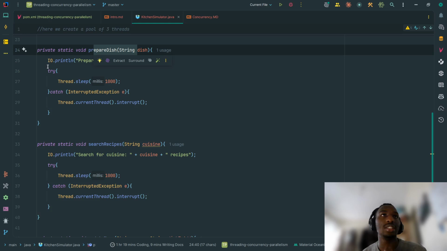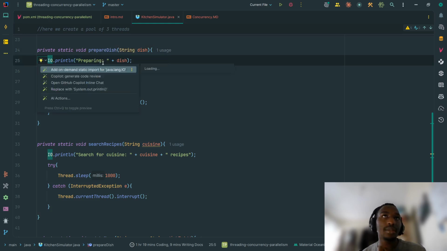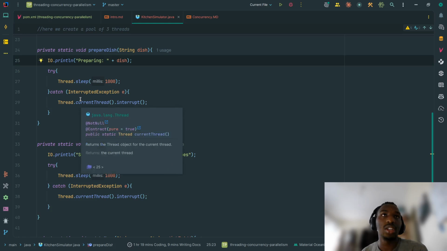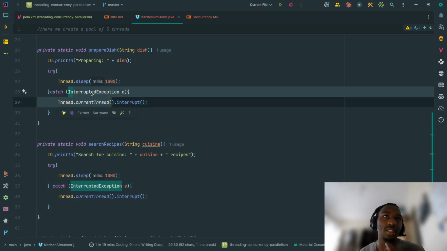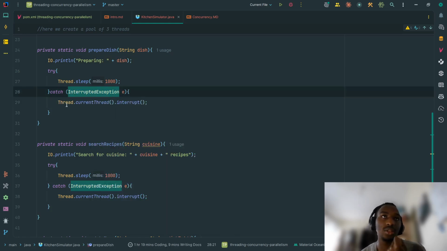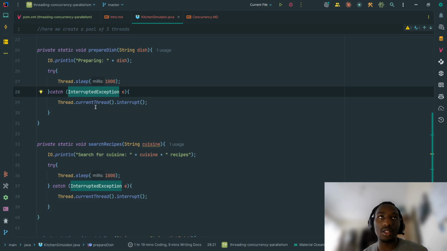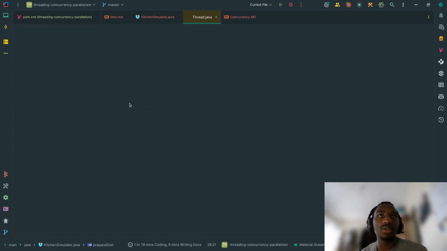One, prepare a dish that prints out "preparing a dish", and then it sleeps for 1,000 milliseconds. That's probably 1 second, I don't know. And then in case an InterruptedException is thrown, I call Thread.currentThread().interrupt, just to show that the thread was interrupted. Yeah, so you could see